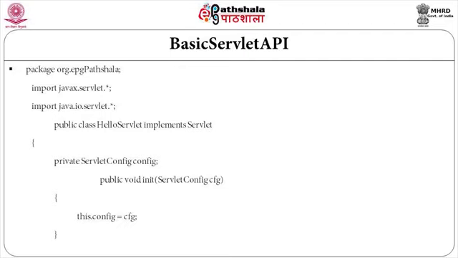So, we have the public void init, parameter is servlet config. What do we do here? A servlet config is being injected, fine, we will store it in our config object. So, this dot config equals the parameter named config, fine, we use that. So, this dot config is config. That is what goes in the init method. We will not do anything much in the init method.